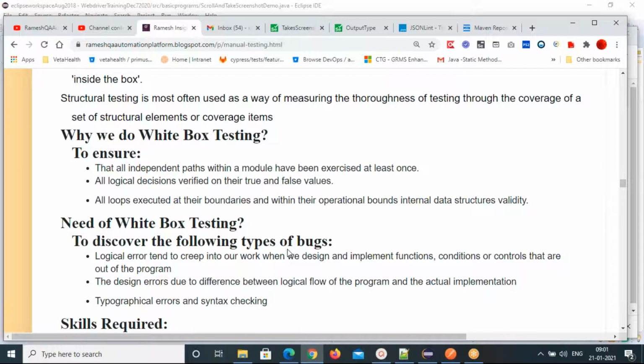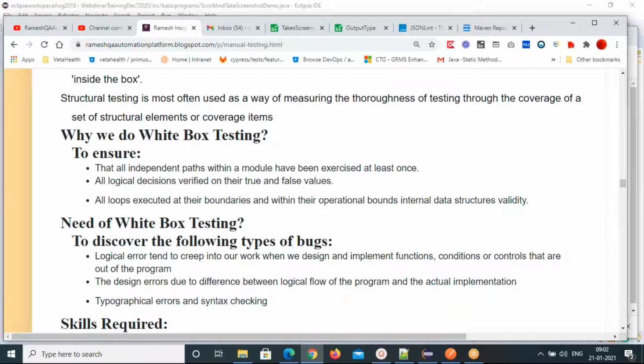A logical decision is, if A and B are both true, you get one output; with A or B, if any one is true or false, you get another output. You can test that. AND, OR, and all these conditions you will use. That's what logical decisions mean.